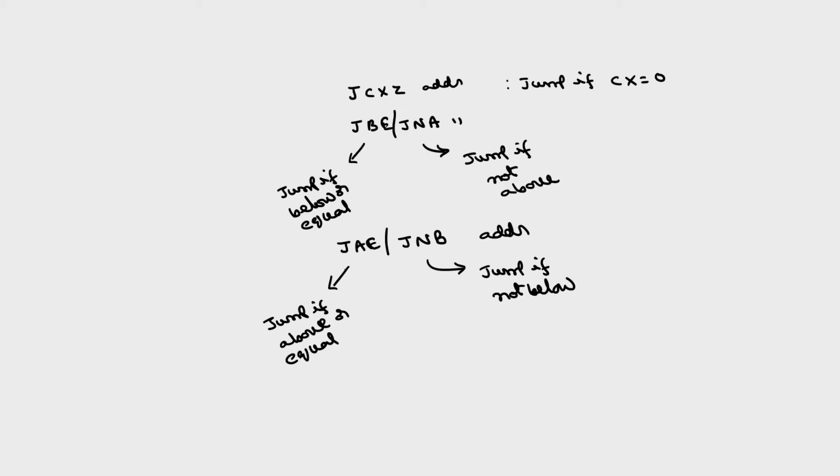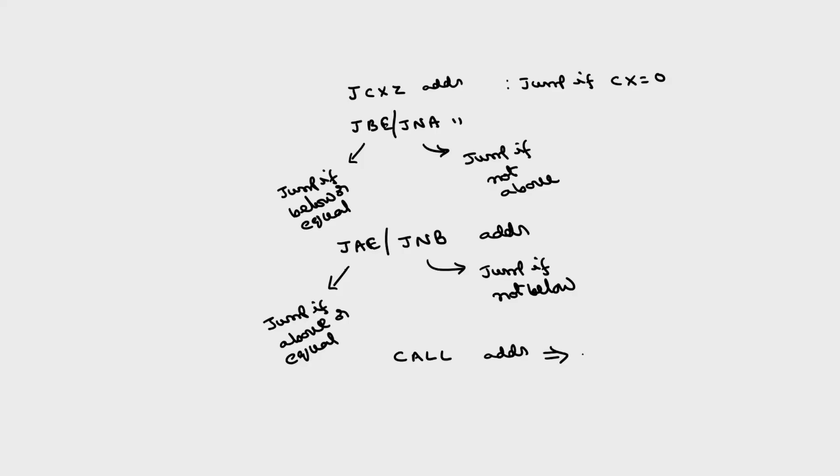Now, the next branch group will be the call instruction. Call, you have to specify the address. This address can be specified by using either register or memory location. Again, the memory location can be any of the memory locations which can be pointed by the different addressing modes that we have discussed in the earlier classes.